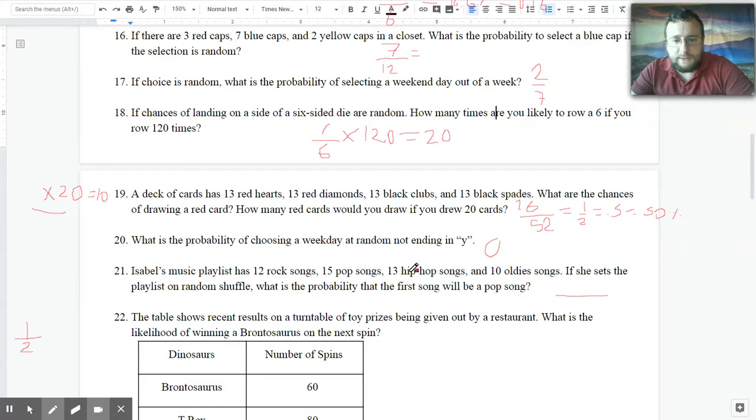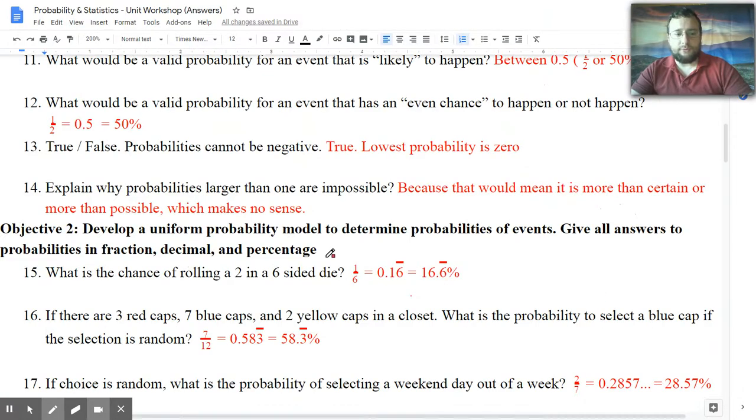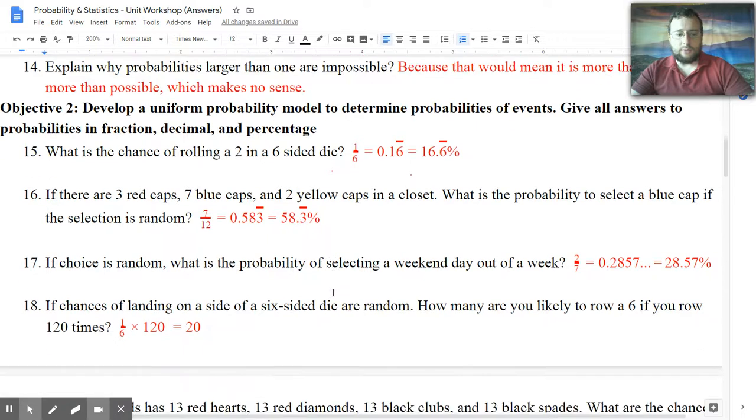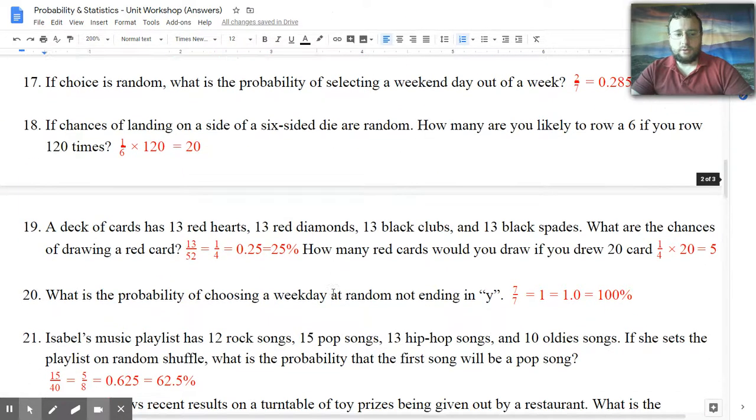So this is 13 plus 12, which makes 25. 10 and 15 also makes 25. So we have 50 songs here to choose from. And out of those 50 songs, 15 are pop songs. So 15 out of 50 is what you're looking for, which if you convert that to other numbers, you're going